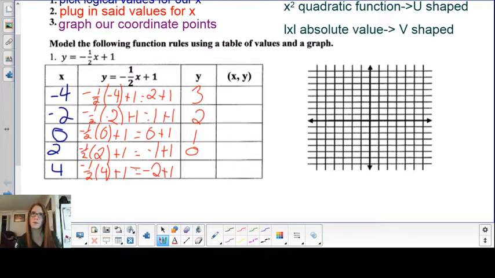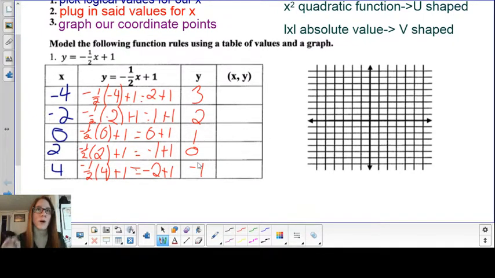I don't know what this thing's doing. Okay, 4 divided by -2 is -2. -2 plus 1 is -1. So, I said in this last column, we're going to ignore it for a second, but now we have all